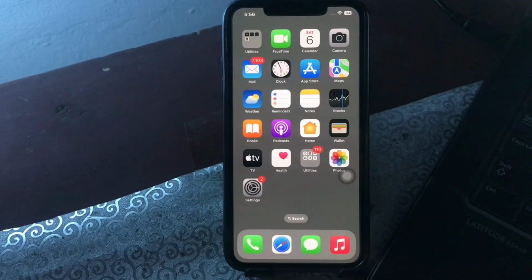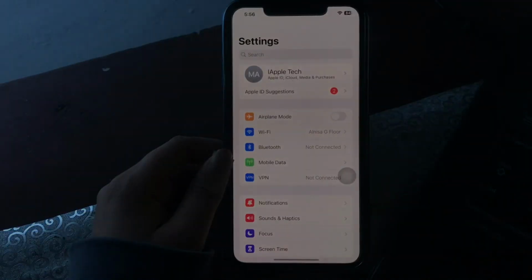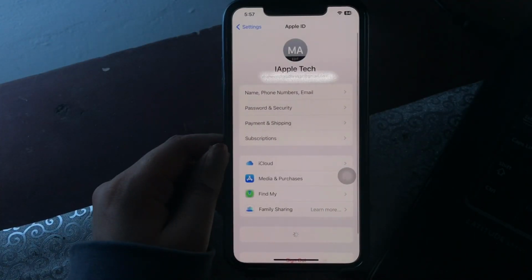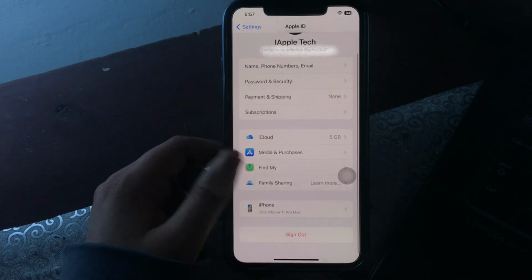And the next step is sign out of Apple ID and then sign in. If you have recently changed the Apple ID password from some other system or iPhone, then due to authentication problem on your current device, you might be getting this error message. So try signing out of Apple ID and then signing into your iPhone. To do so, you need to go to the Settings page from the home screen, tap on it and tap on the profile name at the top of the settings page. Scroll down to the bottom and then tap on Sign Out.